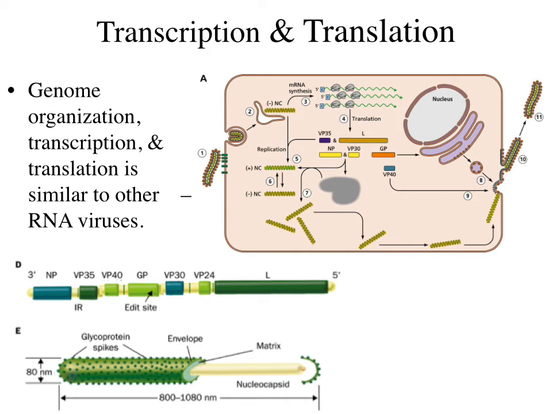Trimeric spikes of the surface envelope glycoprotein, or GP, are anchored in the bilayer. Two other proteins, VP35 and the large protein, the L protein, which is the RDRP, are also present within the